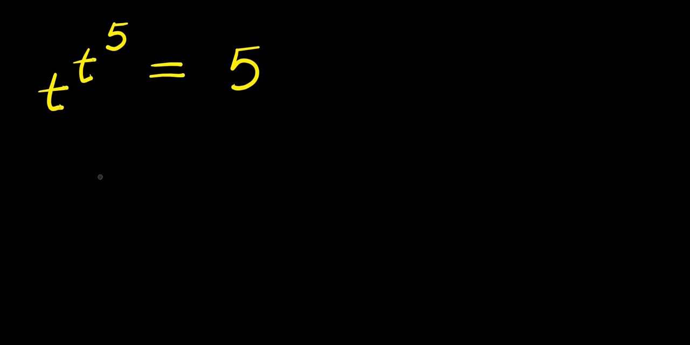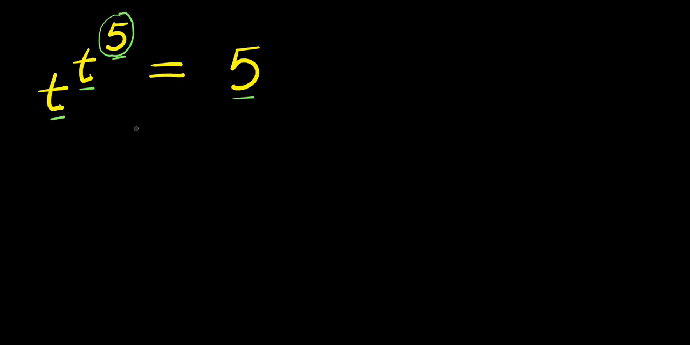Hello, how do you solve this exponential problem? This is t to the power of t to the power of 5, and this equals 5. Now, we are going to solve this using two different methods. The first method is, if you consider the fact that we have 5 here at the exponent,